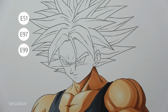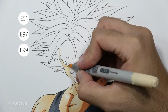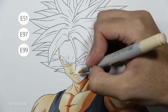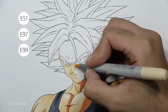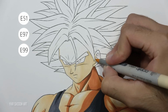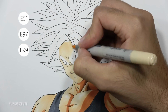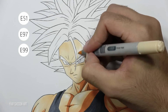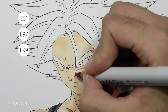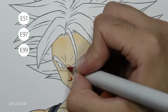Sweet, so once we are done with the torso, we can move on to the head. So again, we're going to use the same skin tones. I'm gonna cover his entire face with the brightest tone, trying to get a solid look. Then we use the mid-tone to add some shade. As you can see, the main light source will come from the left side, which means of course that the right side will